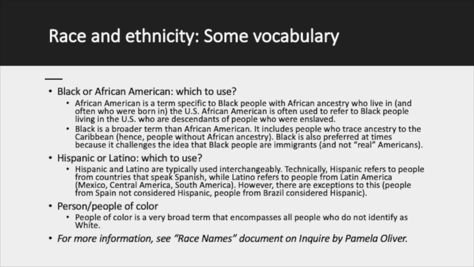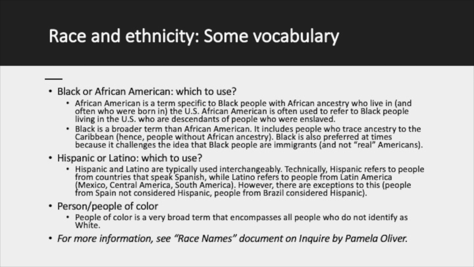So we are going to be talking about race and ethnicity over the next few weeks. And in preparation for those discussions, I want to go over some vocabulary, because I think there is some confusion about the terminology to use when talking about race and ethnicity, and when talking about particular racial or ethnic groups. And this is understandable because the terminology that we use evolves across time. There is no fixed set of vocabulary for talking about race because our classifications for race change across time, as we're going to get to in a minute, and because the terms that we use evolve depending on the meanings that are attached to them.